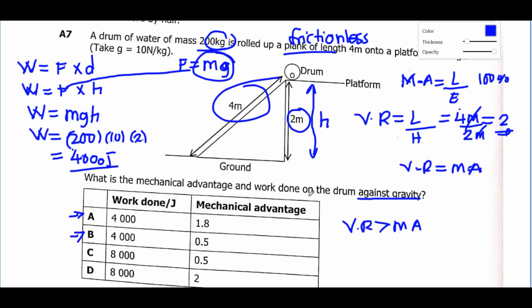So remember, velocity ratio is 2. So mechanical advantage should be less, which is 1.8 is less, 0.5 is also less. So between this and this, there should be an answer. So for this one, I think